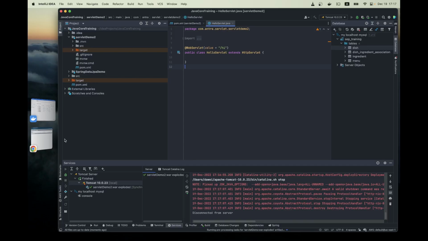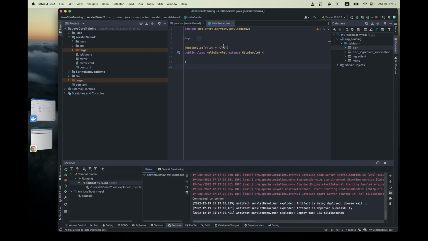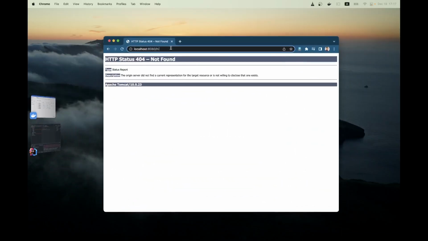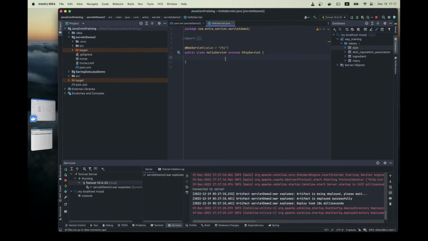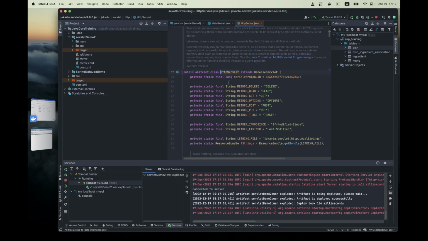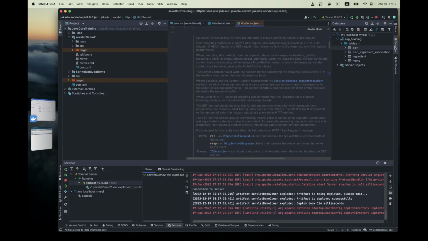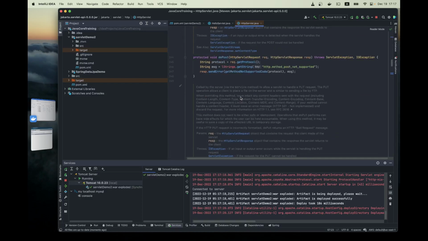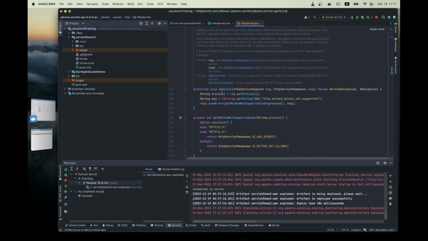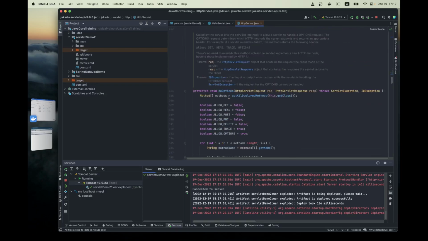All right, so by doing this, if we access /hi, what's gonna happen is this class doesn't do anything, right? It doesn't do anything, and so it shouldn't show anything. So it should show empty, okay? But in this case, it's actually showing us 405, like method not allowed. Why? It is because if you don't do anything, it will actually call the service method. So inside the parent class, we have a method called doGet. By default, the doGet will return